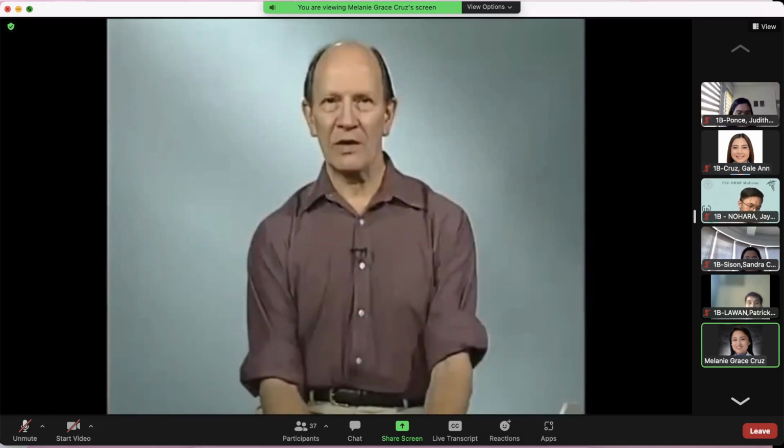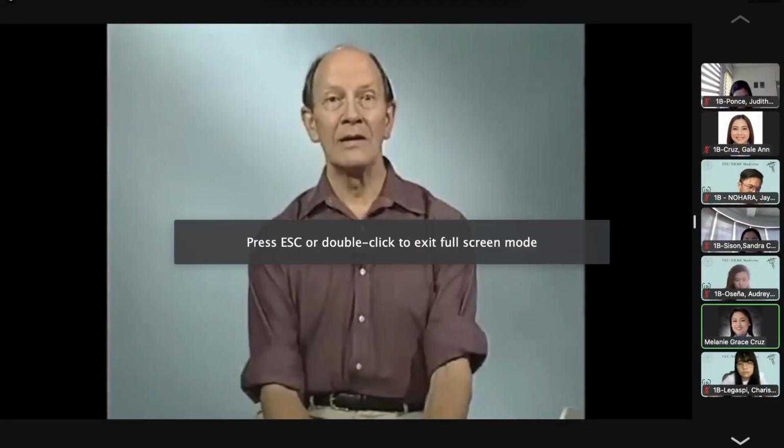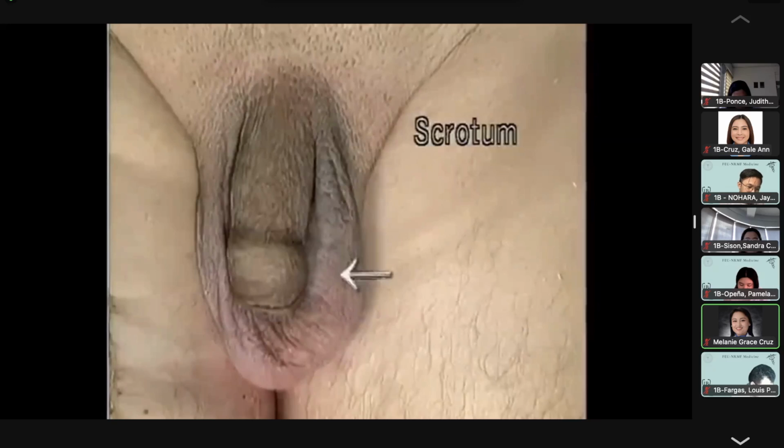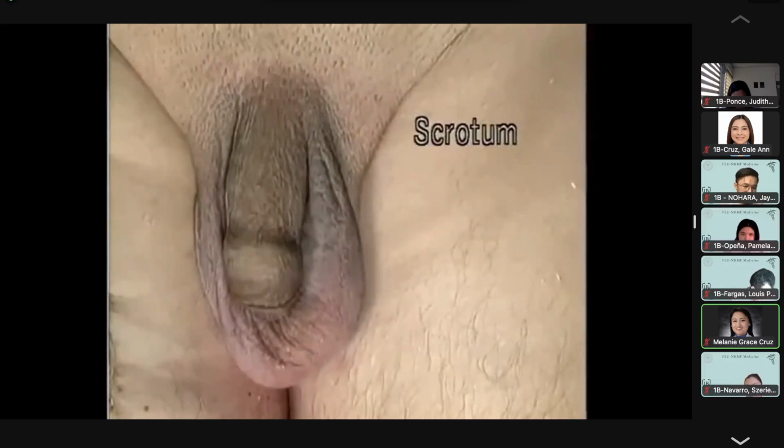Reproductive organs, first in the male, then in the female. In the male, we'll look first at the testes, where spermatozoa are formed, then at the pathway by which they reach the urethra, then at the penis. The testes are contained in the scrotum, the pendulous sac that keeps them at the low